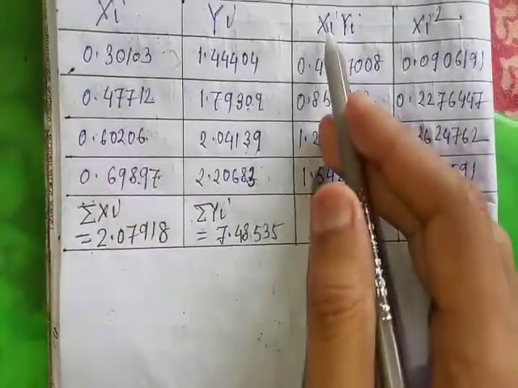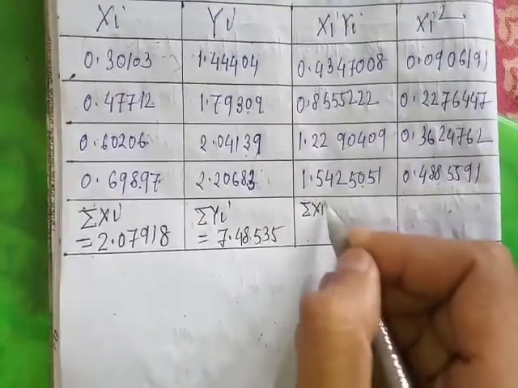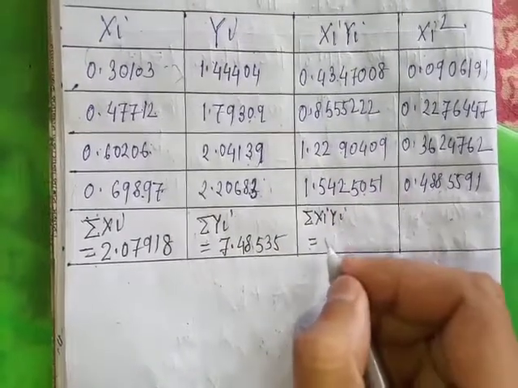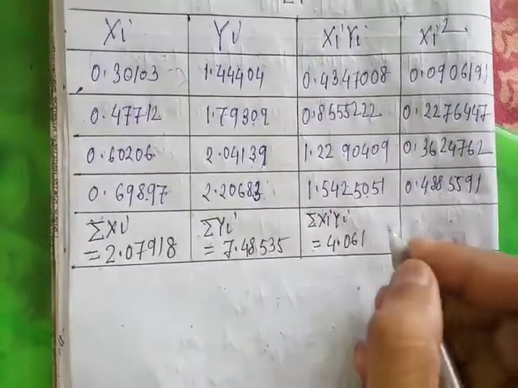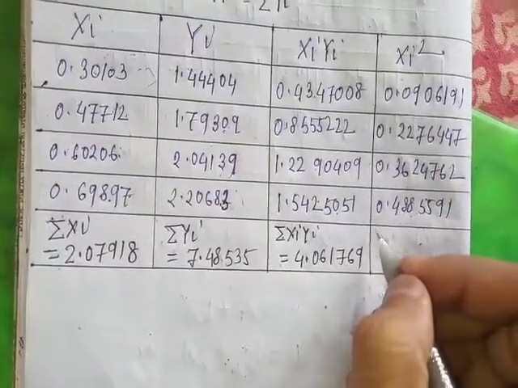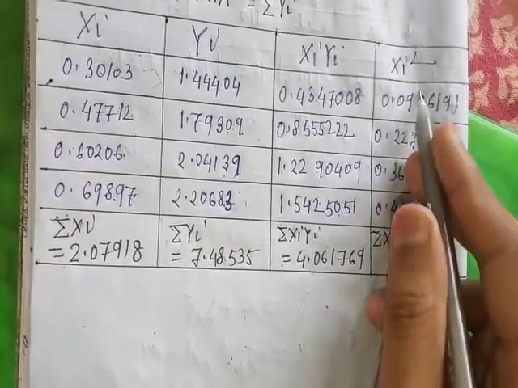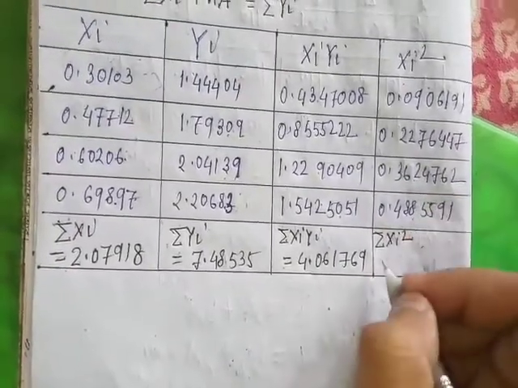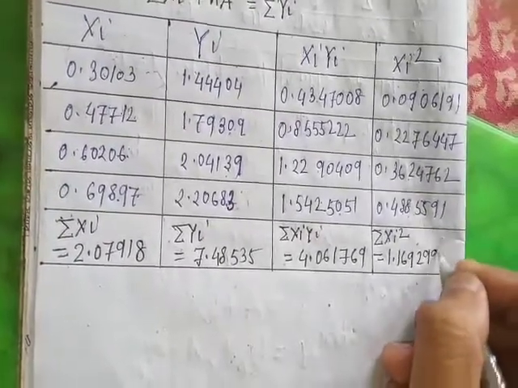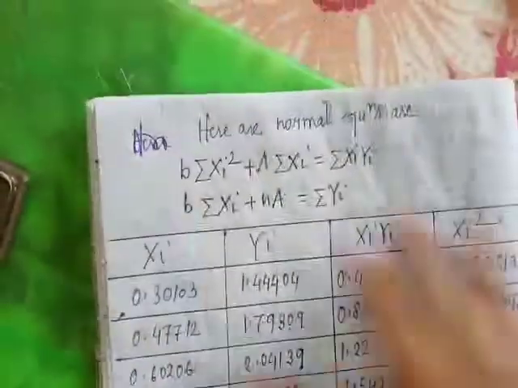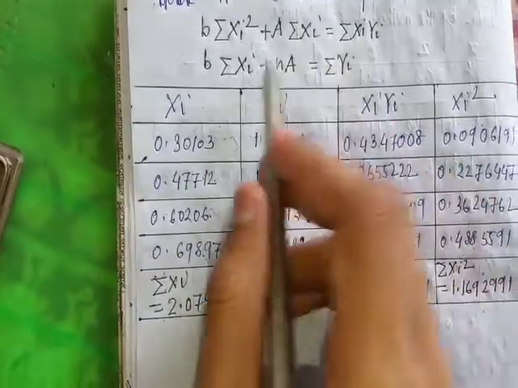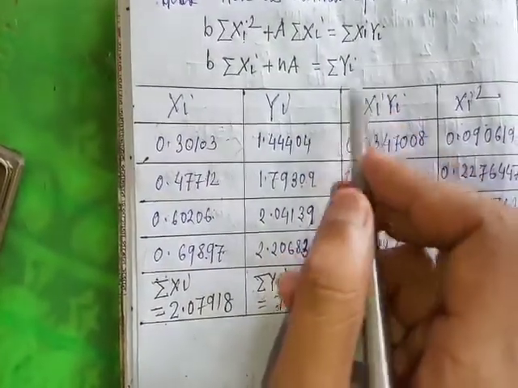So the value of summation xi yi, we get this plus this, 4.061769. The value of summation xi square, this plus this, we get 1.169291. Hence the normal equations become, putting these values of summation xi square, summation xi yi, summation yi, we get: